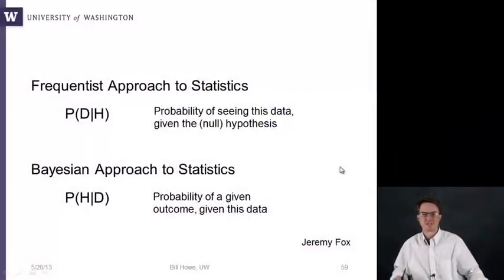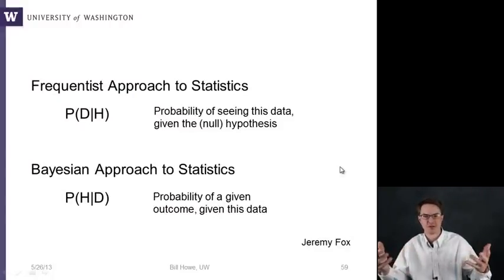Okay, so far we've been discussing statistical inference from a particular perspective, which is the frequentist perspective. Frequentists are concerned with the probability of seeing a particular data sample given the null hypothesis, and that's what the p-value gives you. But there's another perspective to statistics called the Bayesian approach, which is concerned with the probability of having a certain outcome given the data that we've already seen. Okay, and so I want to talk a little bit about Bayesian approaches and give an example of their